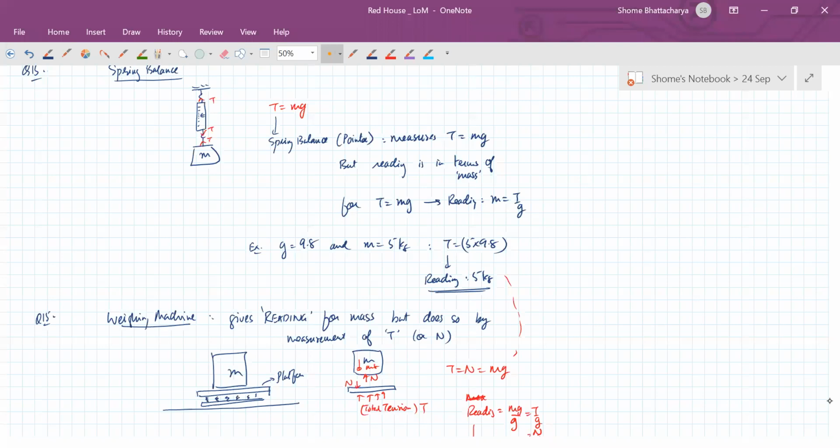Okay, so which is why both these type of instruments, whether you take a spring balance from which you suspend a mass, or you take a floor standing weighing machine, which is looking like this, but internally it is like this. So when I place some weight on it, it actually gives you the reading of the mass, but how does it do that? It does so by measuring the contact force between the body of that mass and that platform of the floor standing weighing machine. ठीक है. So that is why both these instruments will fail miserably if there is some secondary force involved, है ना.